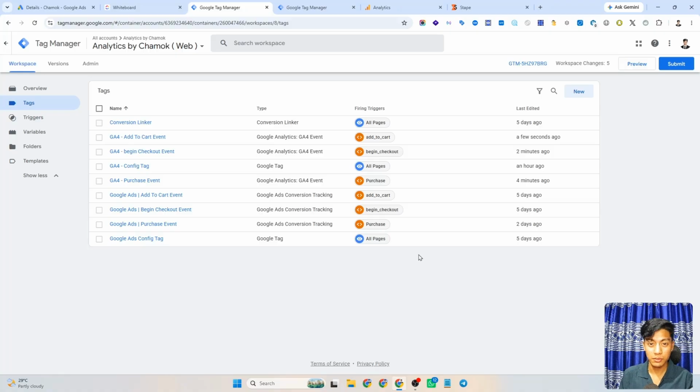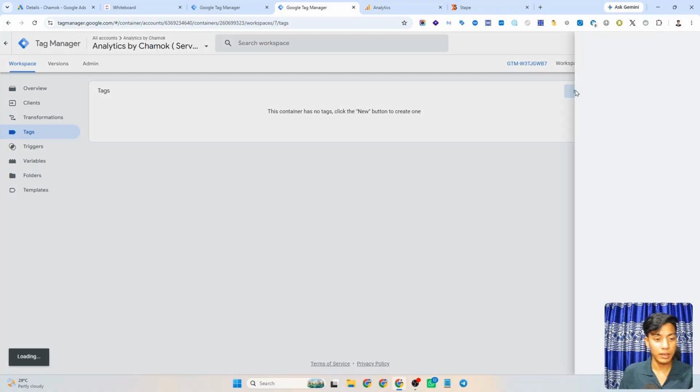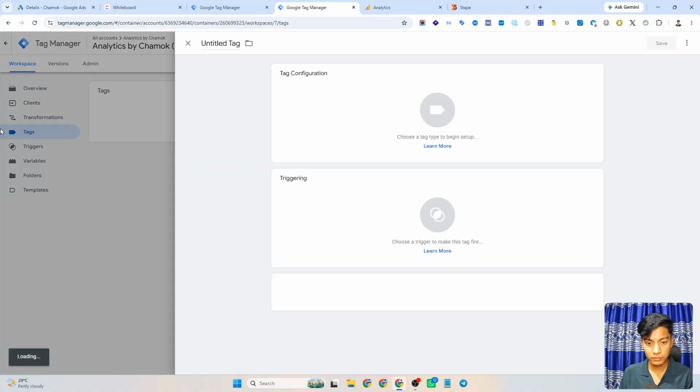Okay, so right now we need to create some tags on our server container. So that's why I am going back to my server container, and here you can see everything is blank. Okay, I have not created any tag. So first of all we need to create one more tag like conversion linker. So that's why I'm clicking the new button,